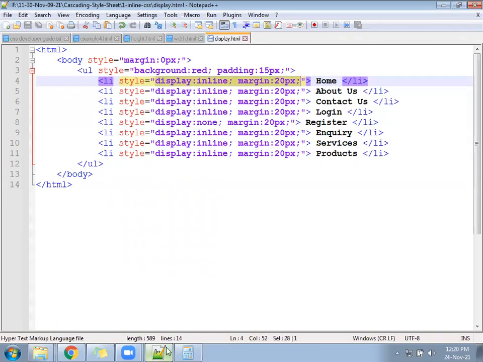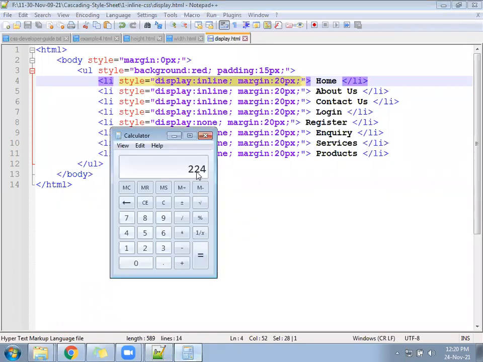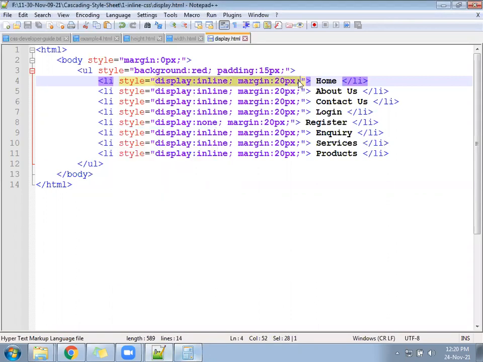So now see, compare. If you follow inline CSS, how many characters are you going to write? 224 characters. If you follow internal CSS, you will write only this many. How many? 28 characters. In favor of inline CSS, 224. In favor of internal, only 28. Now compare. In one file you have a total of 28 characters, and in another file you have 224 characters of content. Now, which page will download fast? 28 only, no?